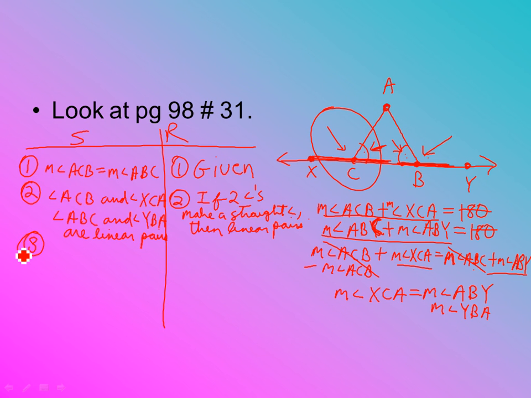Step 3, we know that the measure of angle ACB plus the measure of angle XCA equals 180 degrees. And I know the measure of angle ABC plus the measure of angle YBA equals 180 degrees. And the way I knew that, linear pairs